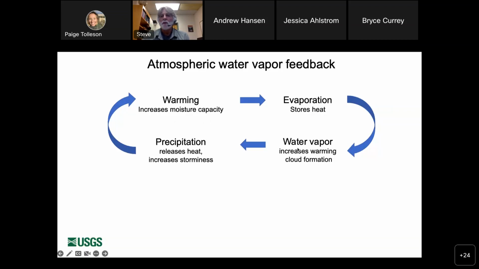Down here, the water vapor is a greenhouse gas, so it actually feeds back and increases warming and stimulates cloud formation. And finally, we have precipitation, which releases the heat that was stored by evaporation, and that increased